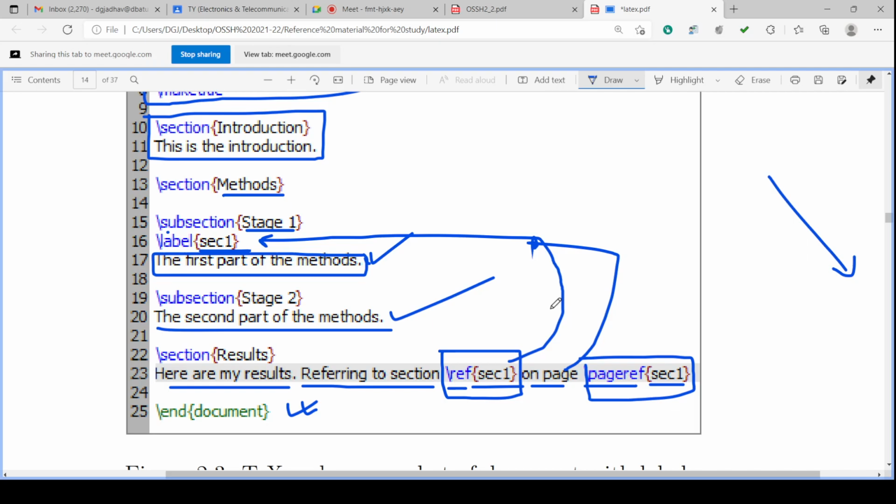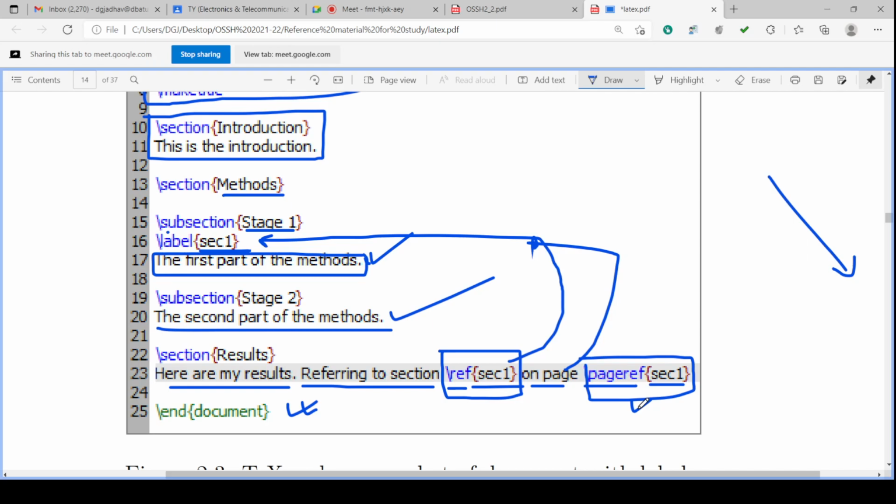Wherever stage 1 is, that page number is taken here. So you can generate the reference by that particular section name, or by the page where that section or label appears.